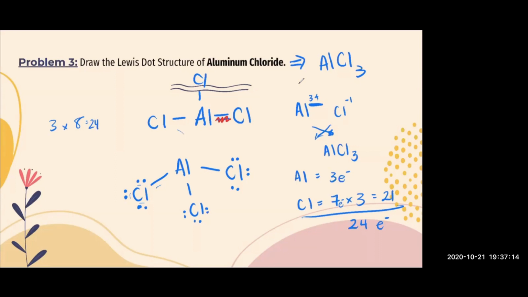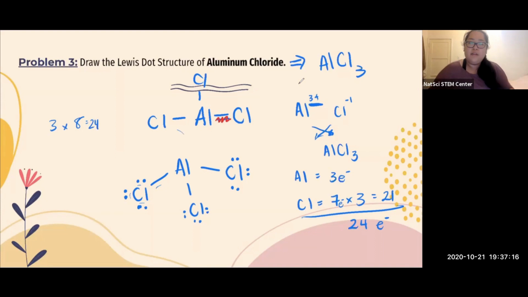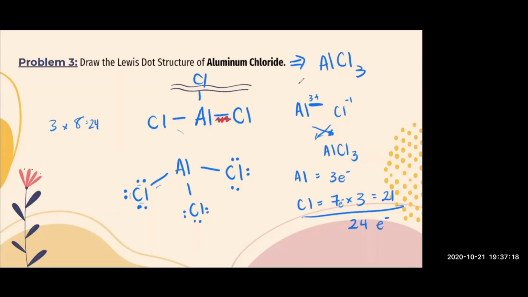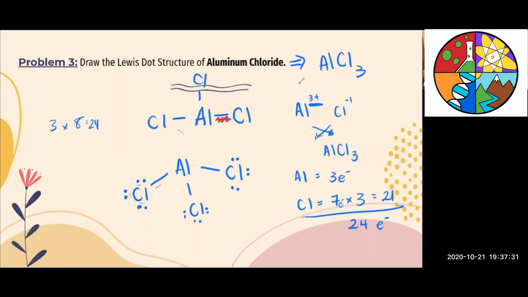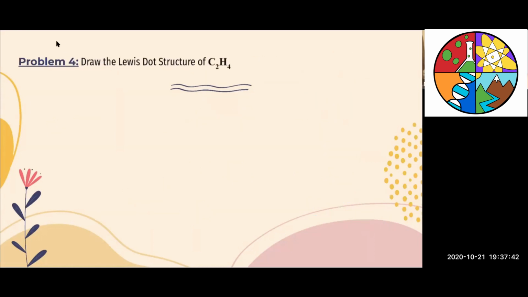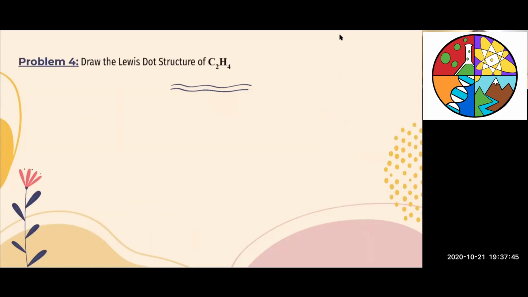Did your professor say that aluminum would have 8? She didn't mention that, but she just said every atom has 8 electrons. Oh, aluminum and transition metals are some exceptions. It just depends on which one you're dealing with. Okay, thank you. So the next one, problem 4, I'll give you guys